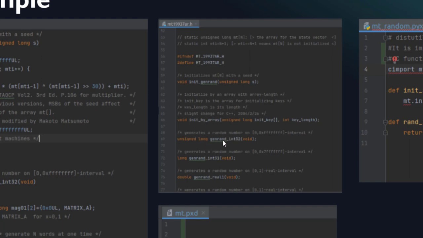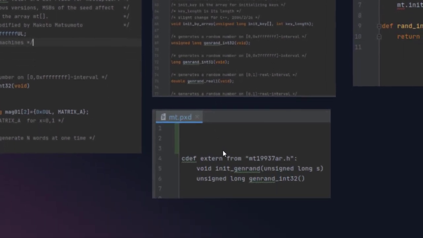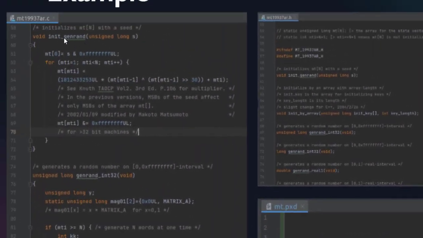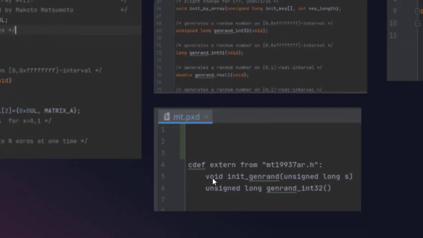Then to create a wrapper, we need to first create a .pxd file, and this pxd file, as I explained before, will have this interface void init_genrand. This is basically the same as in the C file. So this .pxd file really creates the interface between our main execution file and the C library in the background.